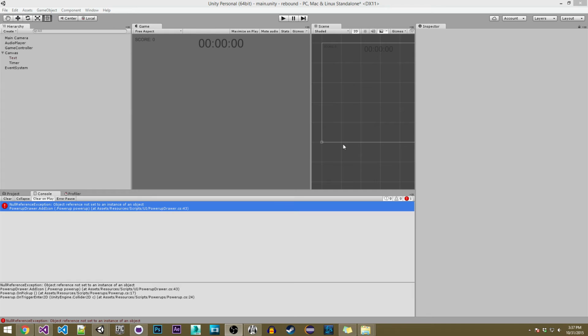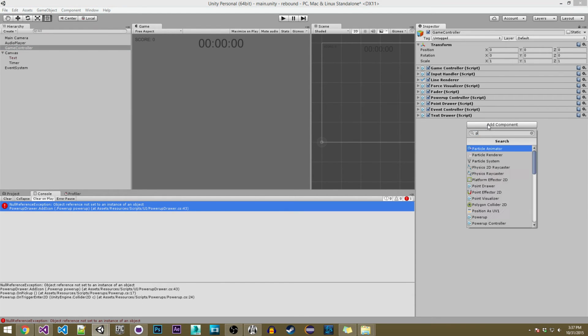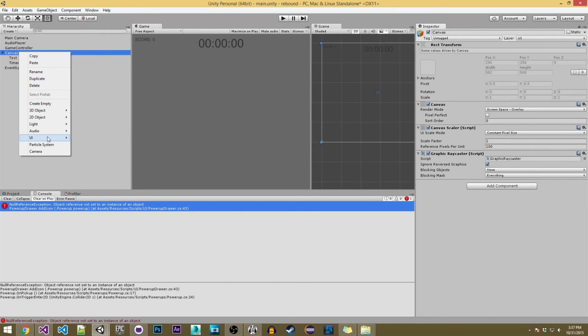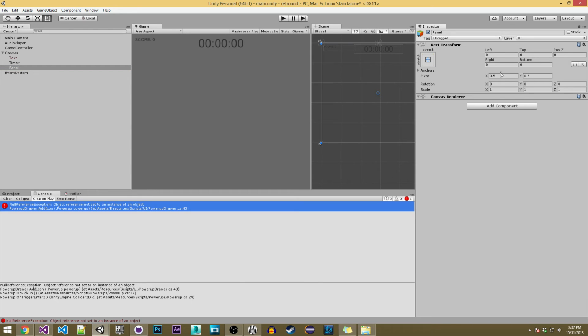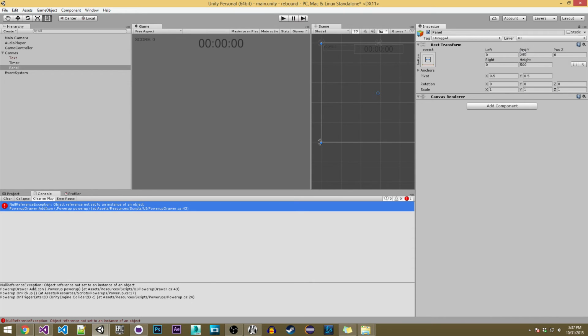Okay, so here we are in the editor, and 2 things we need to do to wrap this up is we need to add our Powerup Drawer to here, and we also are going to need to add in a little panel down here to align all of our icons. So we're going to create a new panel, and we're going to remove this, and we're going to add a different anchor. So it'll be anchored at the bottom, and it'll stretch from left to right. So, and our position Y is going to be 21, our height is going to be 42,